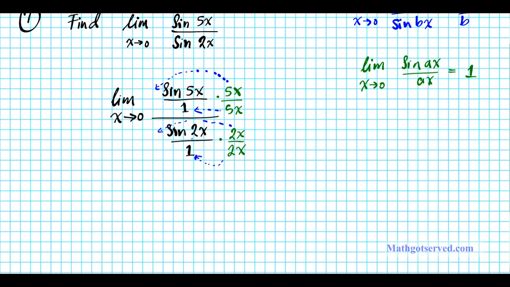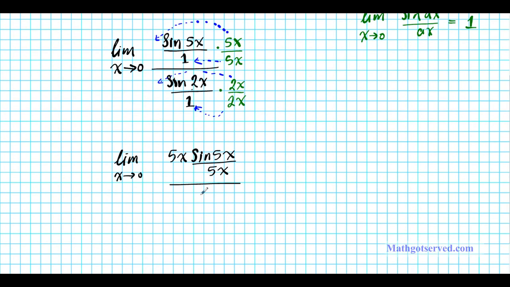So I can then write this expression as the limit as x approaches 0 of 5x sine 5x over 5x divided by, and then the same setup for the denominator, 2x sine 2x over 2x. Now what you notice is with 5x and 2x, I can divide out the x's. The x goes here once, the x goes here once, and I can factor it out of the limit as a constant,